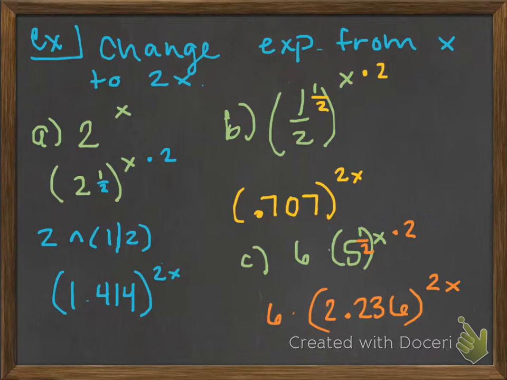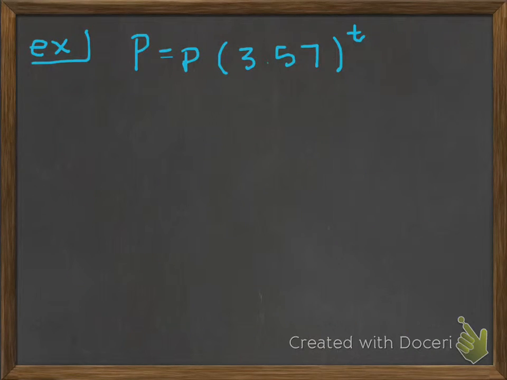So now we're going to skip down to the next example, and we're going to actually apply this to a word problem. This is a problem that I took directly from the practice sheet. It says, during a 1-week period, the population of bacteria grew according to the model P equals p times 3.57 raised to the t power, where P is population, little p is the initial population, and t is time in weeks. Write an equation that can be used to model